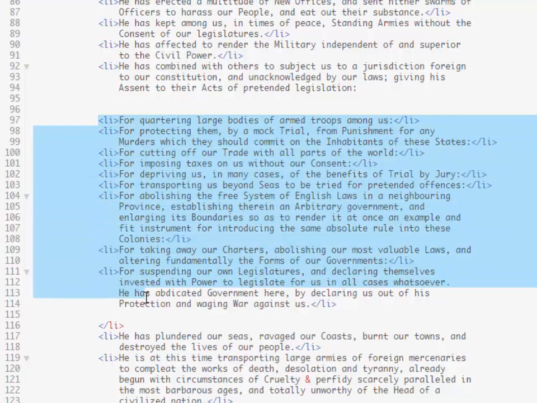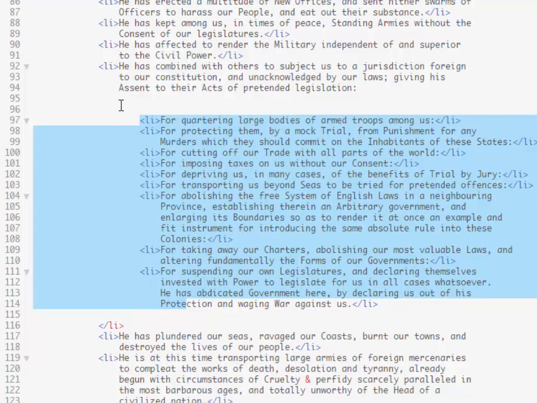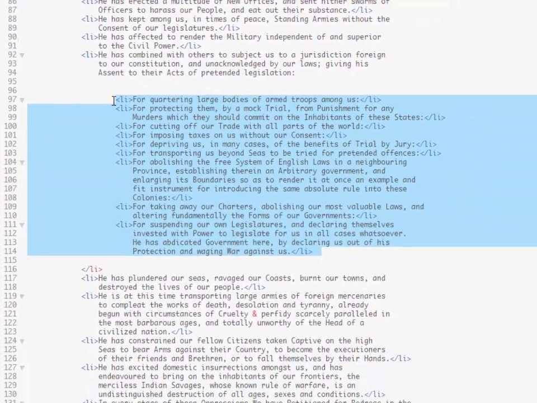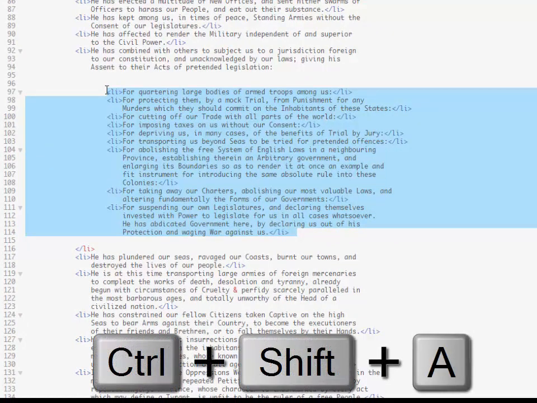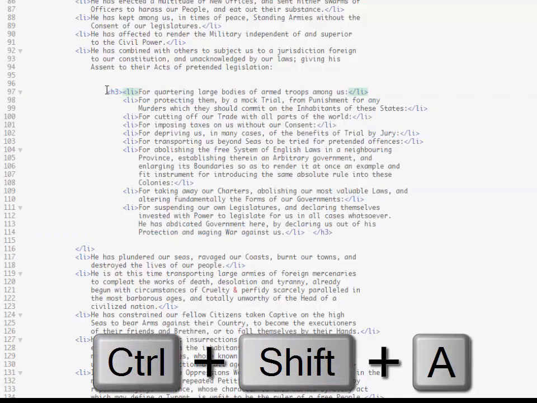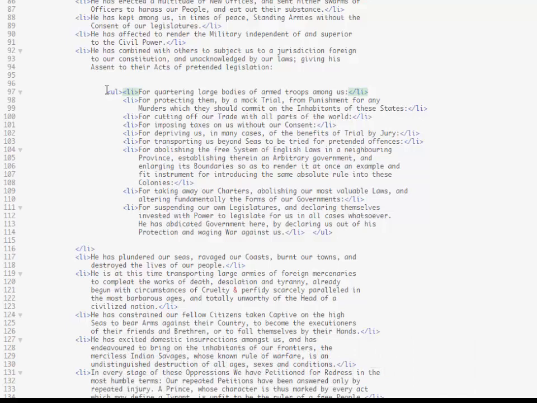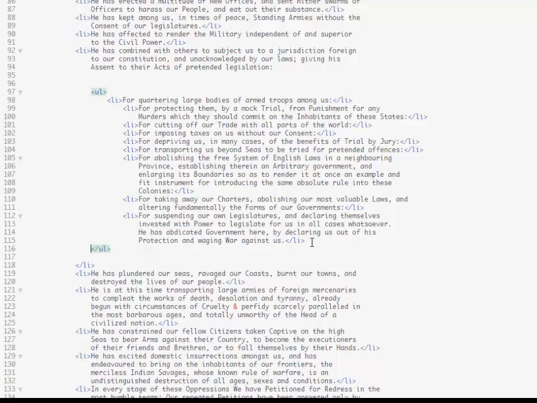So I can just go ahead and highlight these and drive them over a little bit with my tab. And since I want all of this to be within a UL group, I'm just going to highlight the group, Control Shift A, and I want to make sure that this is a UL. Press Enter. I'll just drive this down, pull this up a little bit to make it look a little neater here. Here's the closing UL down here. And so now I have my list